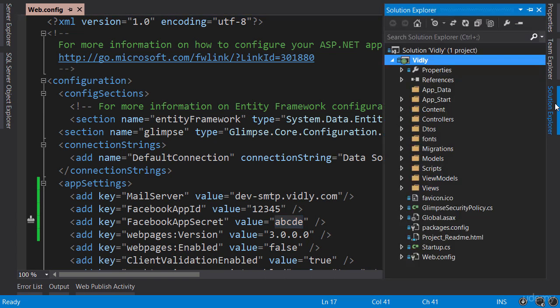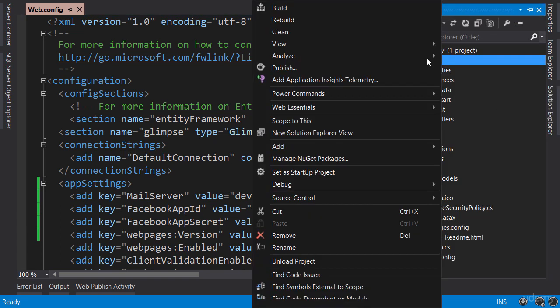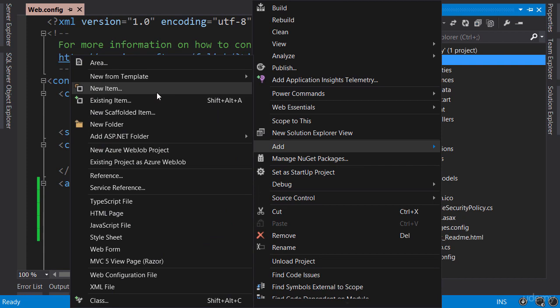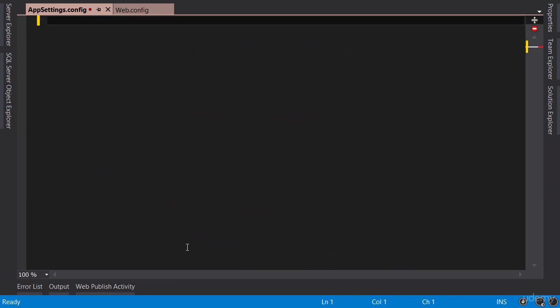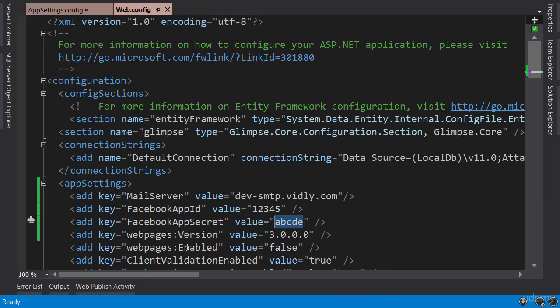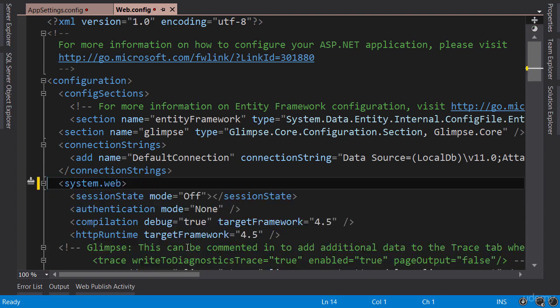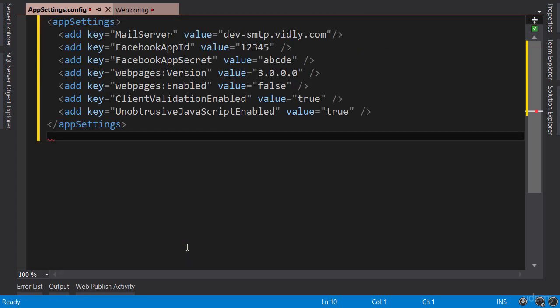In Solution Explorer, we right-click the project and add a new item. In the templates under Web, we select Web Configuration File, give it a name, appsettings.config, and make sure to select config here. Don't use XML, because by default, IIS does not serve configuration files. Now we delete everything here, go back to web.config, select app settings, cut, and then paste it here. Save. Now back in web.config,